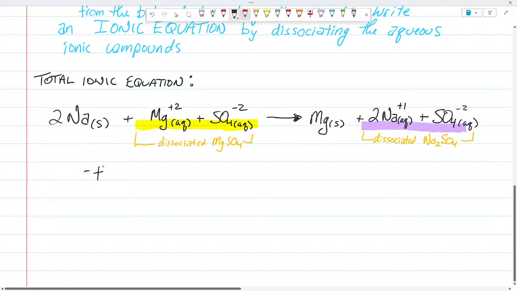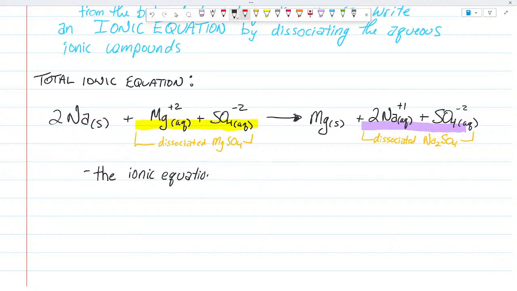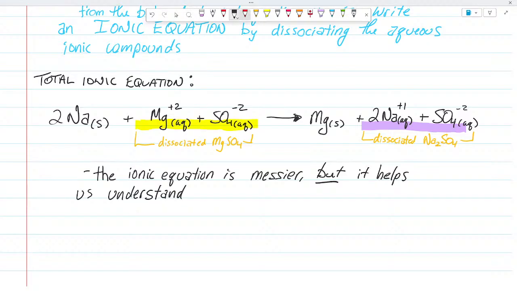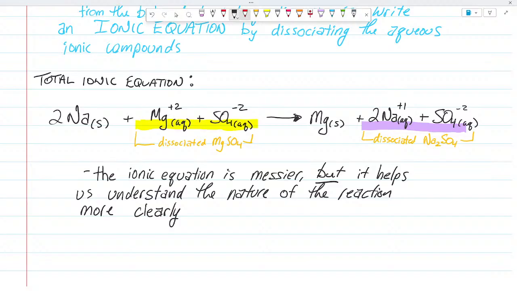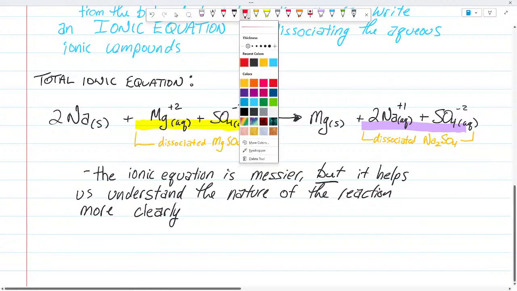So the ionic equation is messier, but it helps us understand the nature of this reaction better. Like, let's talk our way through this reaction. And what we should notice is,